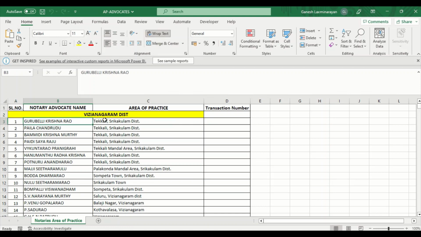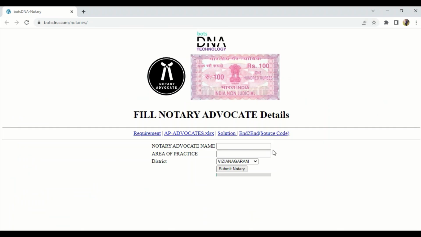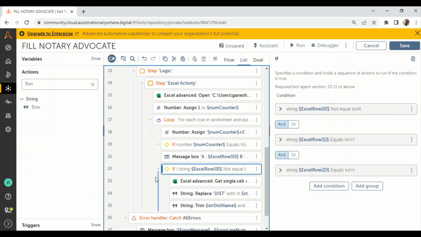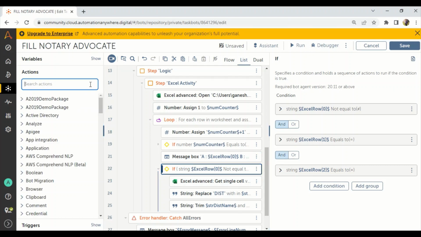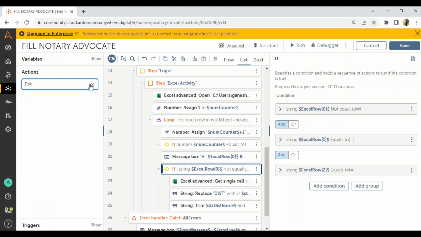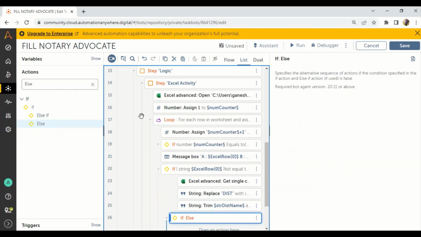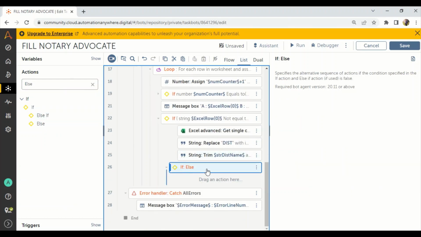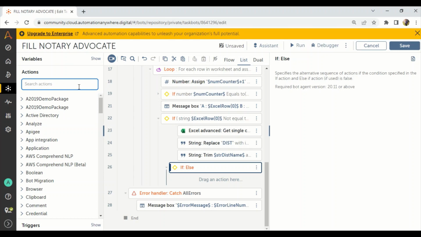You have to take the data and place it inside your website, right? You have to place it here, and you have to select the data from the district. So now what I have to do, very simple here, I will take an else. This is the most important logic. Please don't skip the video. So here you have to take an else, and in the else, again, you have to take an Excel advanced